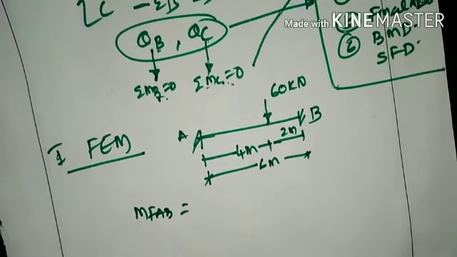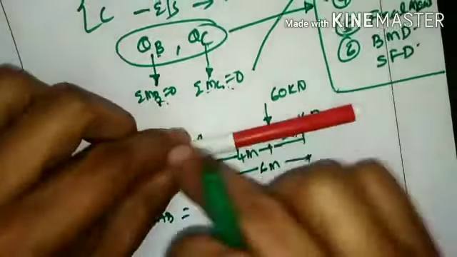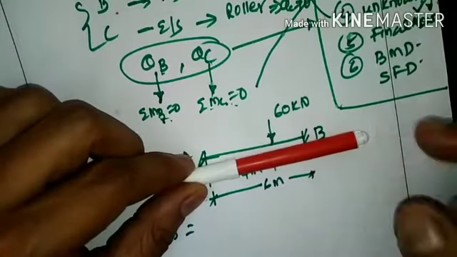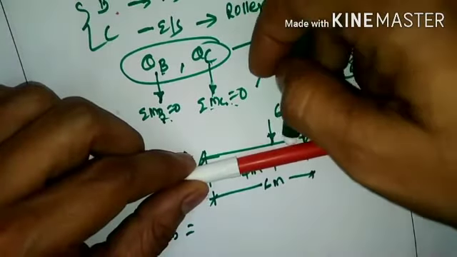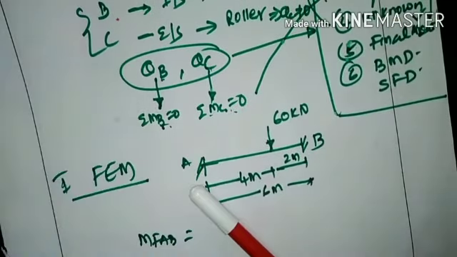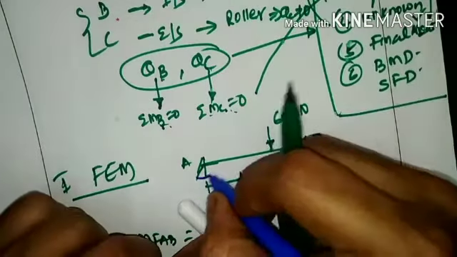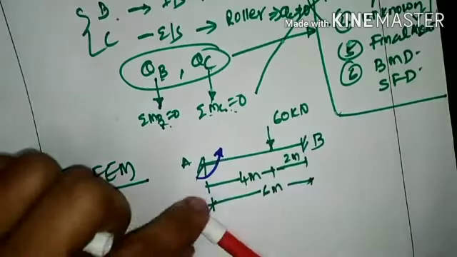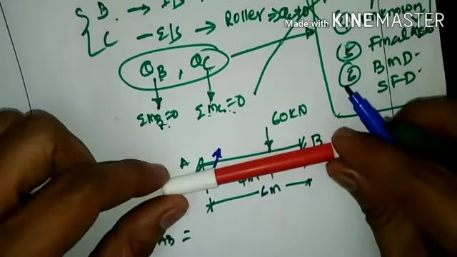Now when I say MFAB, A is fixed here, and B is the other end. I will be releasing support B. The point load is at the top, so it will rotate in the clockwise direction. So A will offer a rotation in the anti-clockwise direction. Likewise, reverse the condition here.